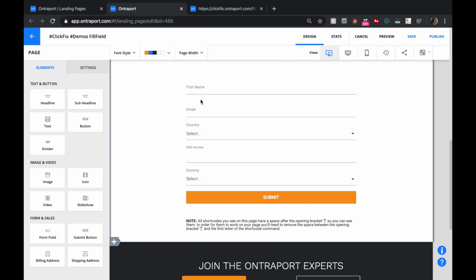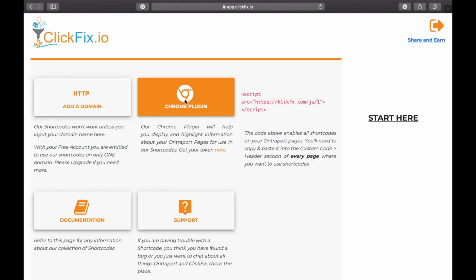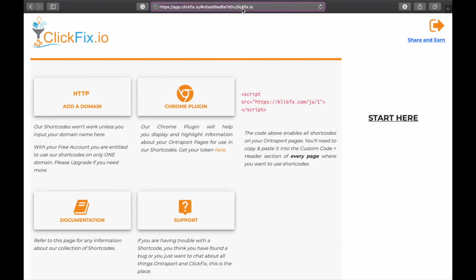In this video I'm going to show you how you can pre-fill fields when you create an Ontraport page using one of our shortcodes. Before you use any of our shortcodes, you need to make sure that you have everything set up so everything works smoothly. I'm here in the ClickFix website, app.clickfix.io, and once you log in to your account,